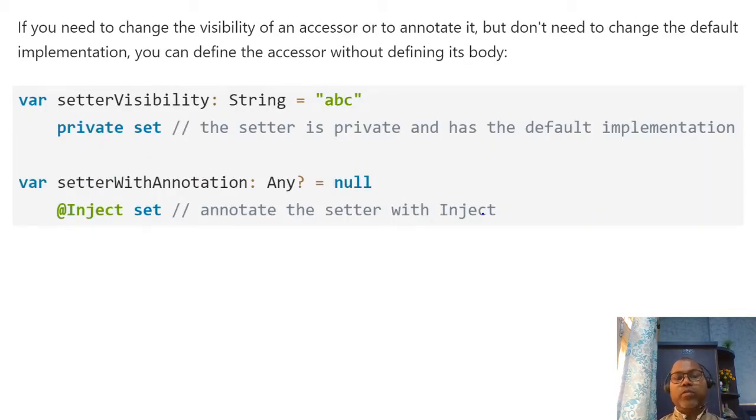You can also make the setter private using an access modifier, so that your internal method can set some value but not from outside.